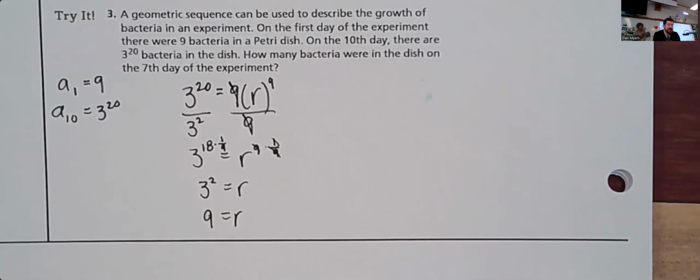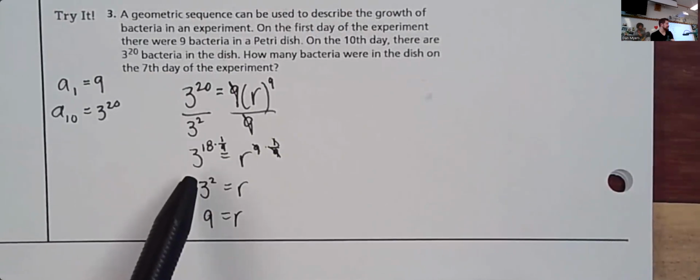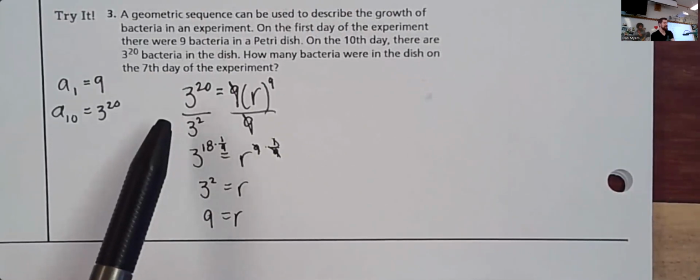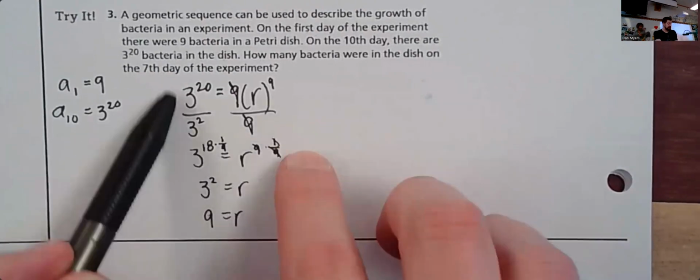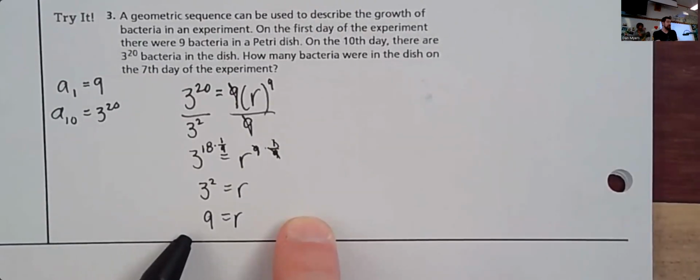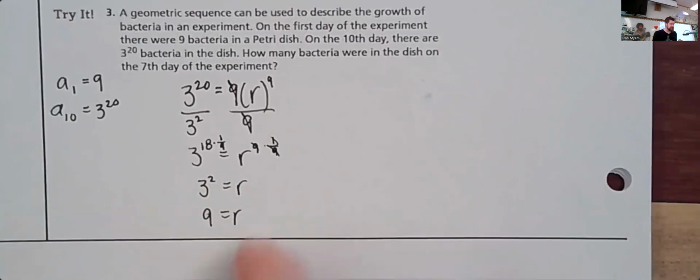And I didn't even have to touch my calculator to do that, because I kept everything in exponential form and just dealt with exponents and rational exponents. And I'd much rather keep things in exponential form than try to multiply out 3 to the 18th power or 3 to the 20th power for that matter. That's ridiculous. So remembering those things that we've done in previous chapters can really speed up this process and make it a lot more efficient. So r equals 9,